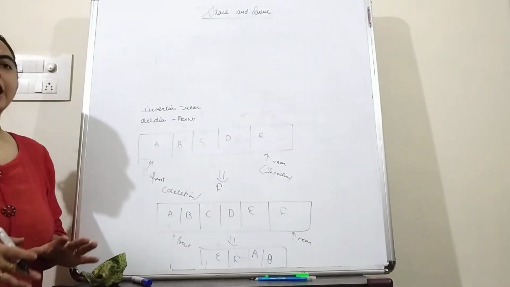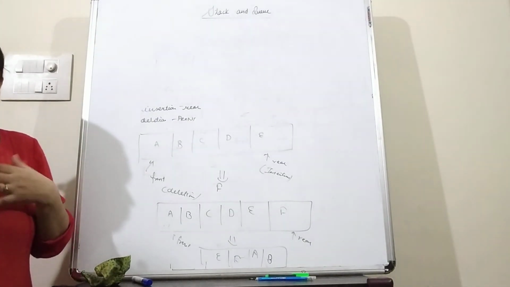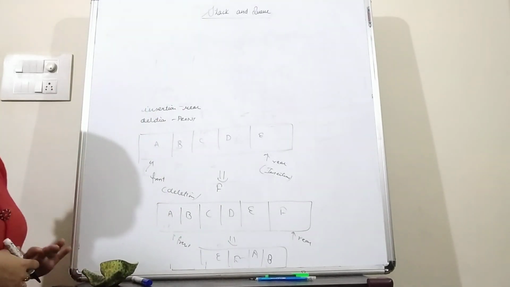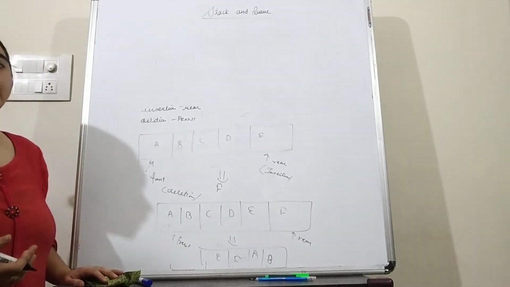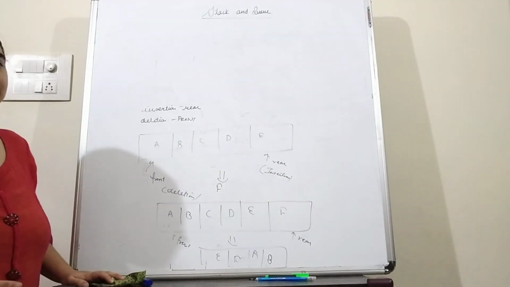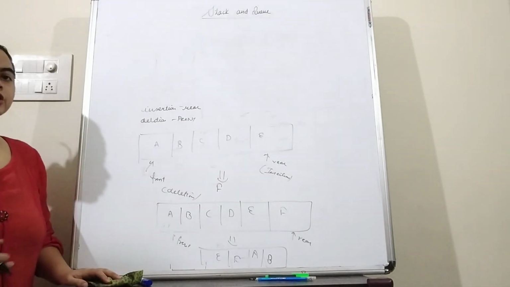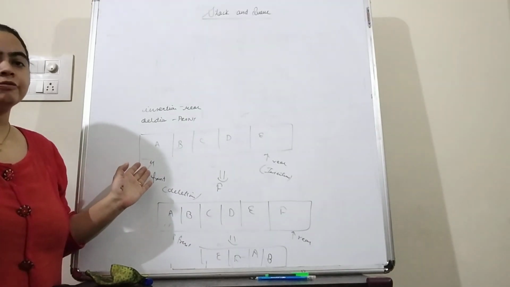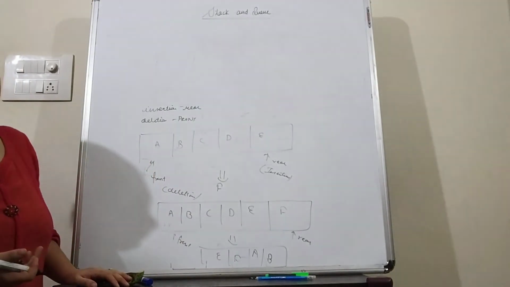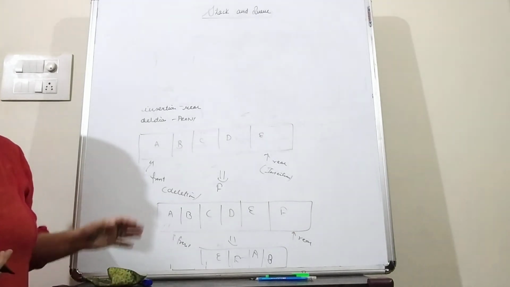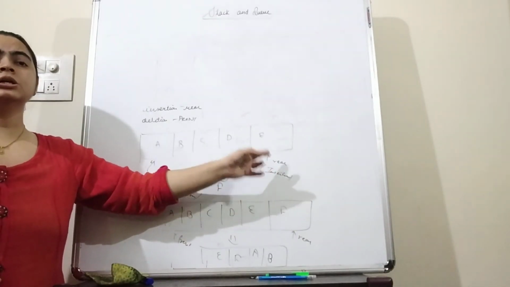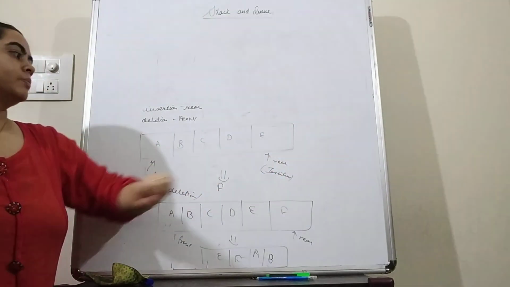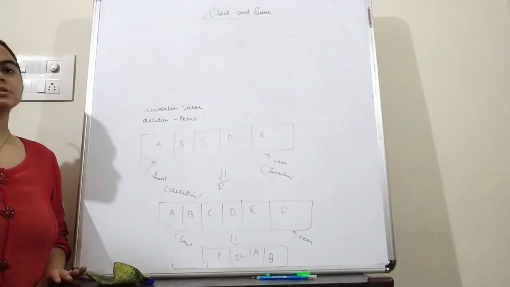So in short, in stack, if we want to delete any element or if we want to insert an element, that is possible from the top of the stack only. From the top only we can remove the data elements, and from the top only we can insert any data element. In case of the queue, if we want to delete any data element, the element will be deleted from the front side, and if we want to insert any element into the queue, then the insertion is always possible at the back side. So the back side in case of queue we can call the rear part. So this is all about the stack and queue.